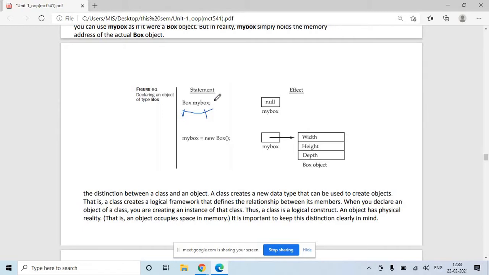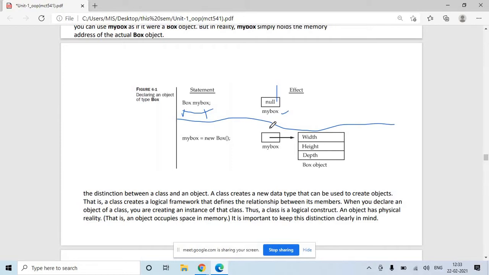So if you write this one statement, basically the effect of this one statement is this much. You have created a variable my box, and it is not pointing to anything. I mean it is there, but it is not pointing to some valid location.